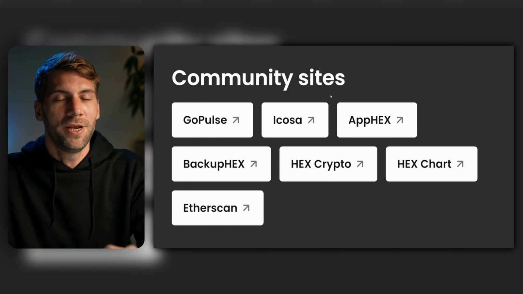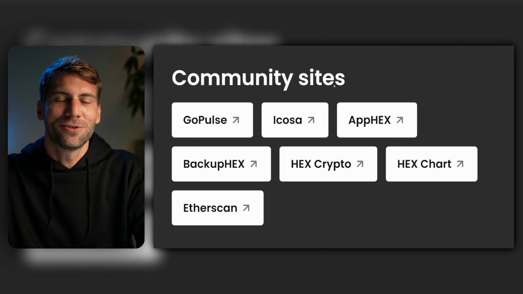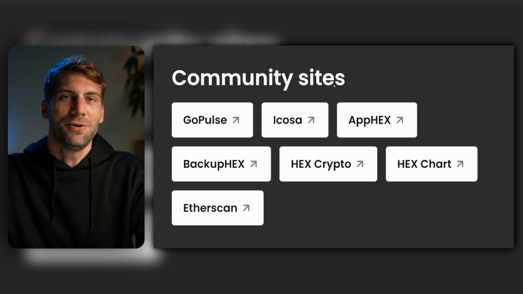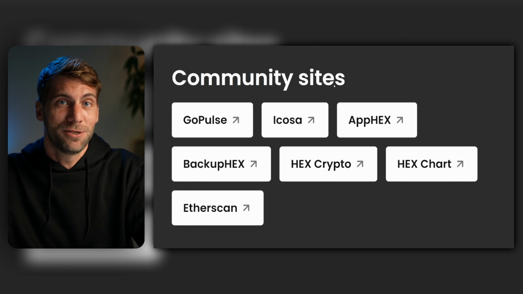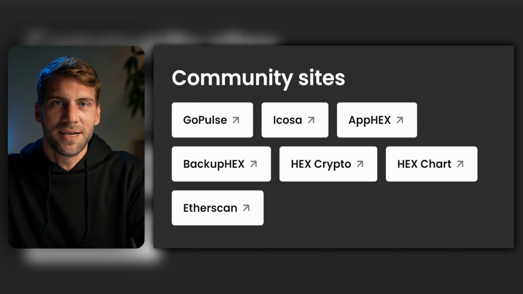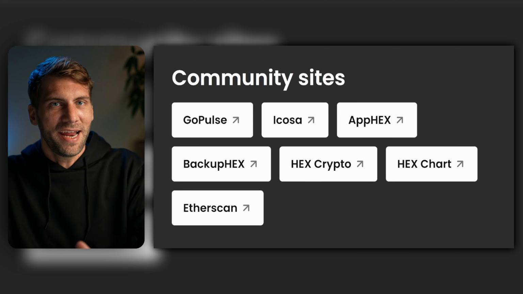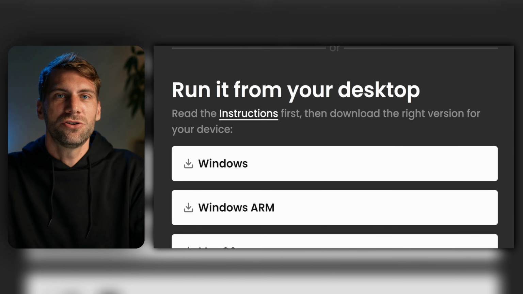You can see you have really a lot of options to choose from, nothing to worry about, and you're gonna stay in control. You have many different options, many different solutions: a decentralized solution, a centralized solution, and all these sites, or at least a bunch of them, will be running in the near future. And if everything goes wrong, you can still go further down on the website and just run the HEX